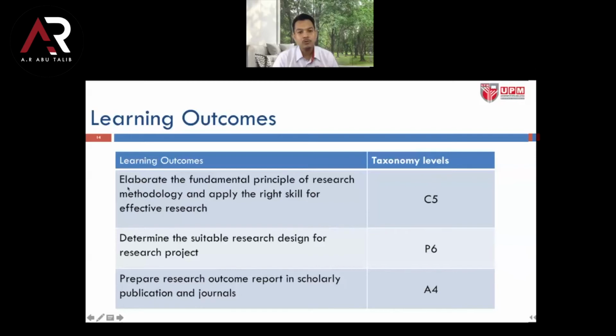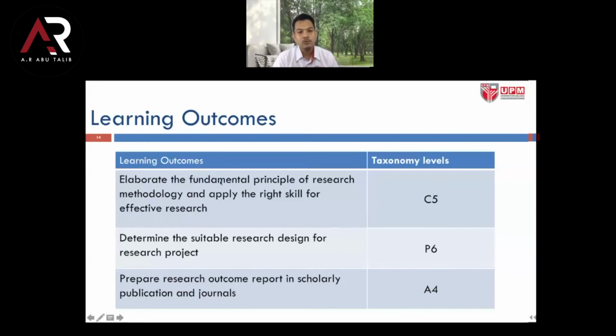So we expect that you will be able to elaborate the fundamental principles, basically by showing it through the activities as well as the assignment that I am going to provide to you. Meaning that if you are able to attain all the outcomes through the activities, you are already achieving